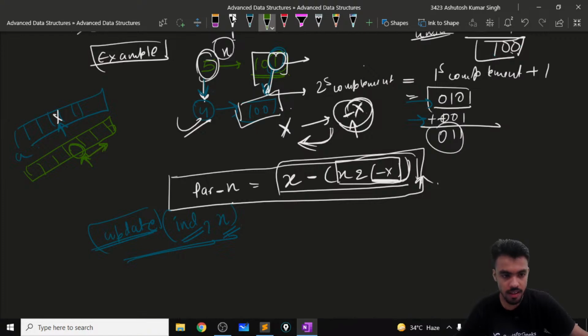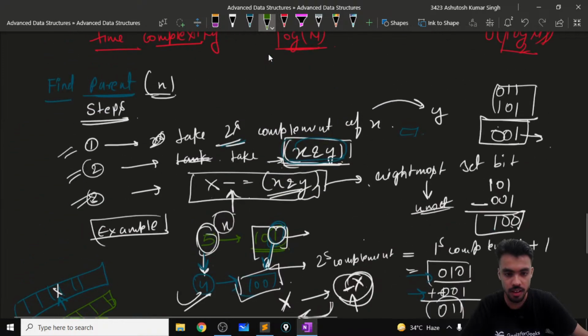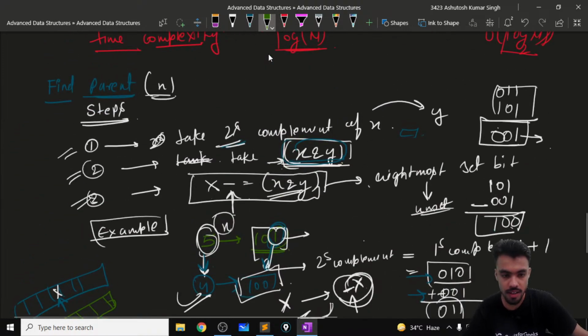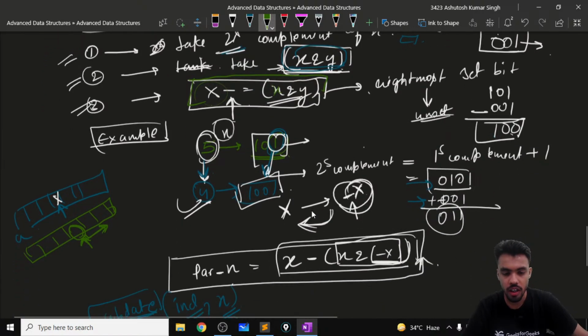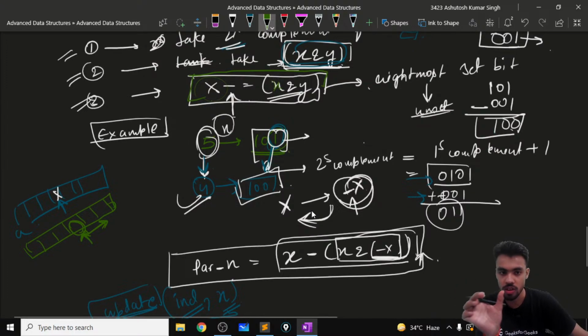And suppose how you are getting the parent index: we are getting the parent indices by subtracting this particular value, the bitwise AND of the original number and the 2's complement of the original number, and subtracting this from the original number. So that was the parent of x. Now how can we get the child of x, or what particular nodes? What do we mean by child? The child doesn't mean the immediate child. The child means